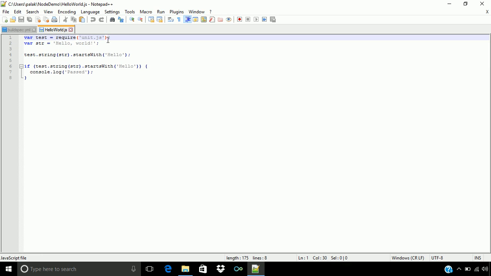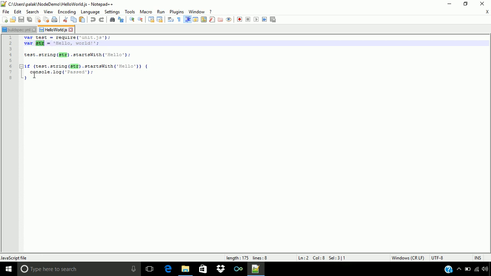Unit.js is nothing but an assertion library running on Node.js. After that, we have declared a variable called str, in which we have stored the string hello world. And then we are testing whether the variable str starts with hello or not.